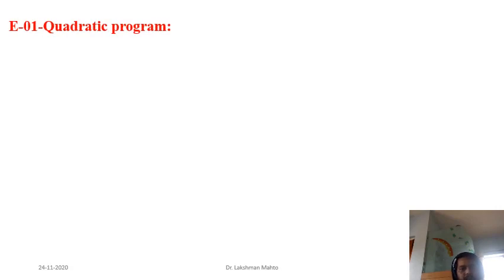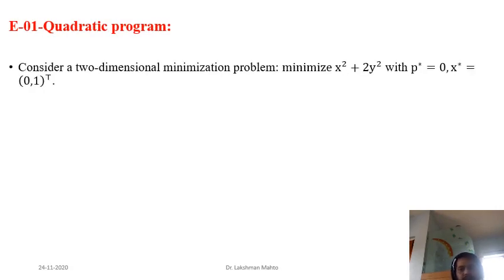Okay, coming further to that problem. One simple quadratic problem we are taking is x square plus 2 y square. You can see that this function is a convex function. It is very easy to see. And if you are willing to find the optimal value of this one, then just find the gradient of this problem and equate it to 0. It will directly give the optimal value. So the optimal value of this one would be 0, at the point 0, 0.